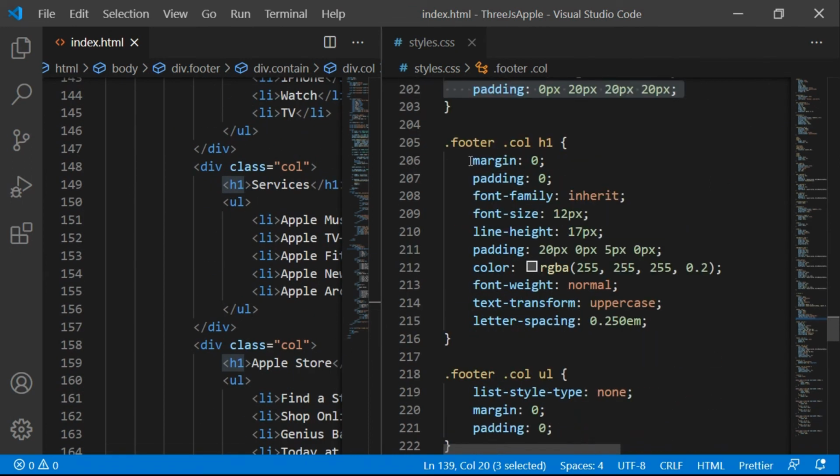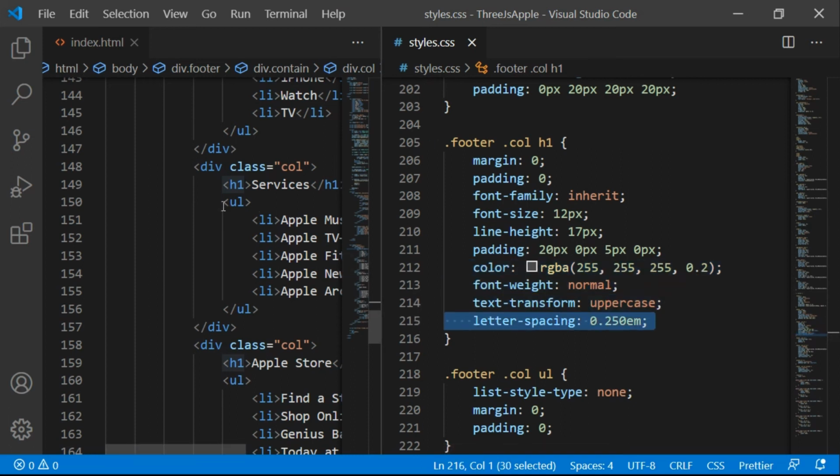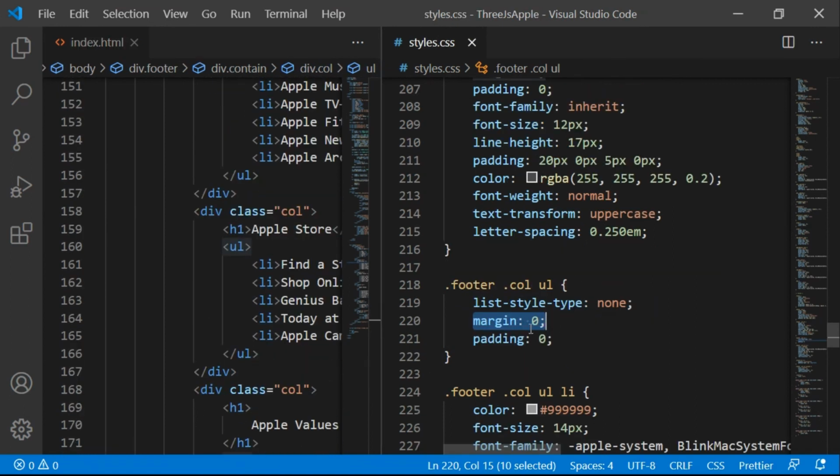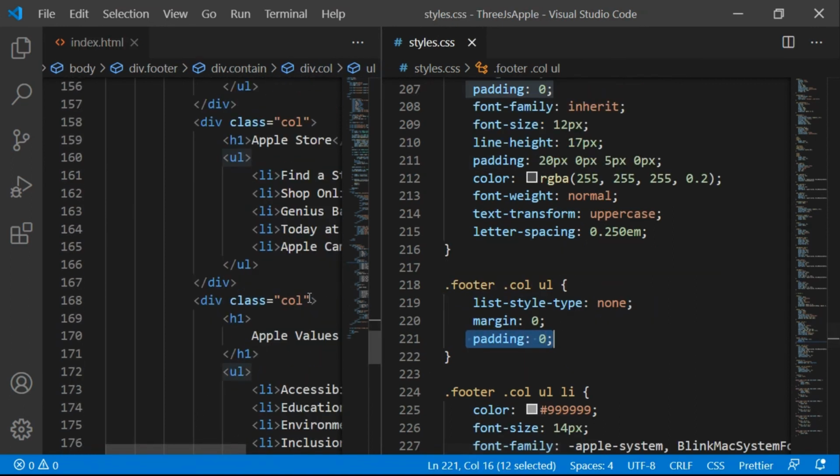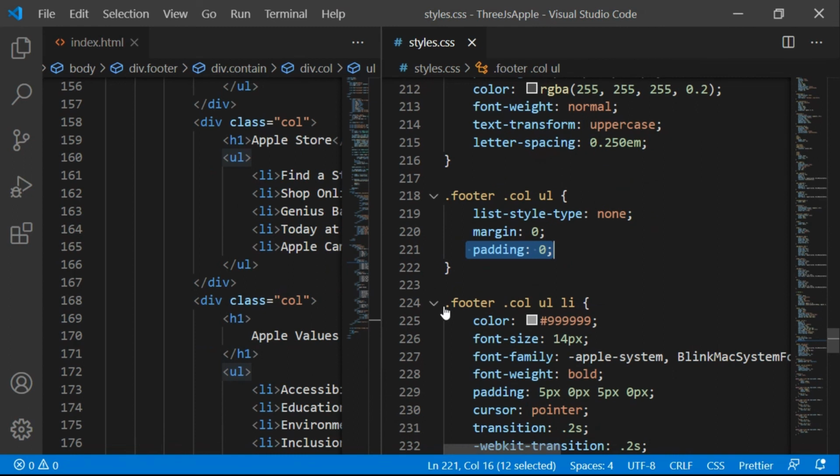So we are targeting each and every H1 here, which is margin 0, padding 0, font family will be inherit, font size will be 12 pixels, line height will be 17 pixels, padding 20 pixels 0 50, font weight will be normal, text transform uppercase, letter spacing at 0.250 em. Okay, so we are targeting each and every unordered list. Padding will be 0, perfect.